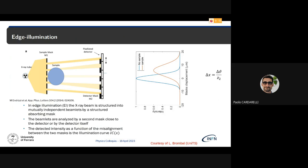And the idea is to put a mask. You can imagine something which is radio opaque, so stopping photons, with a lot of holes in regular position, okay, which creates this beamlet of radiation. And this beamlet of radiation